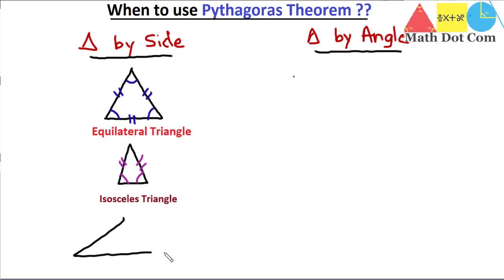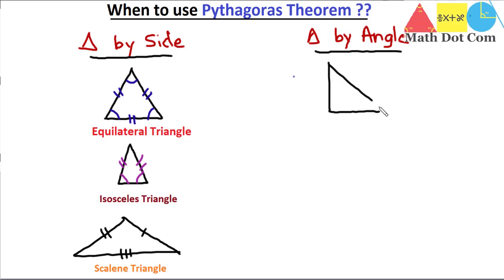The last type of triangle in terms of side is scalene triangle. So this is a triangle having all the 3 sides of different lengths and the angles as well. So all the 3 angles will be different and all the 3 sides will be of different measurement. So this is called a scalene triangle. So the purpose of telling you these types of triangles is you should know that Pythagoras theorem is applicable on what kind of triangles.